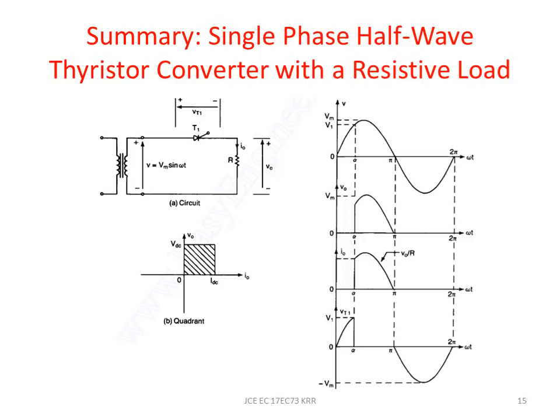So to summarize in this video, we have seen a single phase half wave thyristor converter with resistive load. The circuit diagram was explained to you, and this is the waveform for the input, the output voltage and current, as well as the voltage across the thyristor VT1. We saw that since in the output both voltage and current are positive, the working falls in the first quadrant. We also did some derivations, as we will see next.